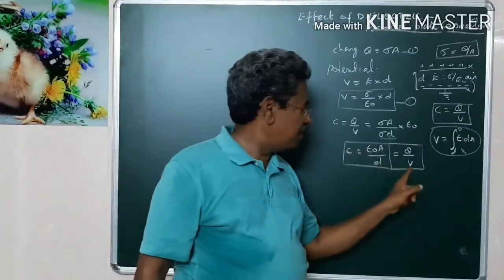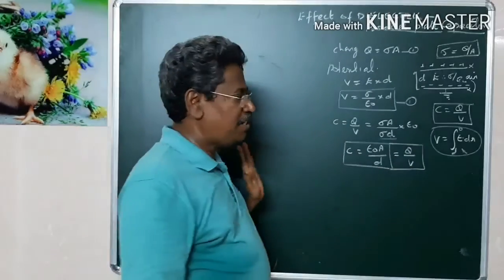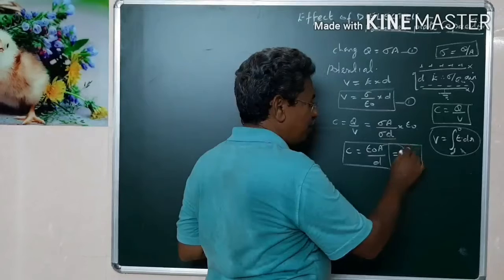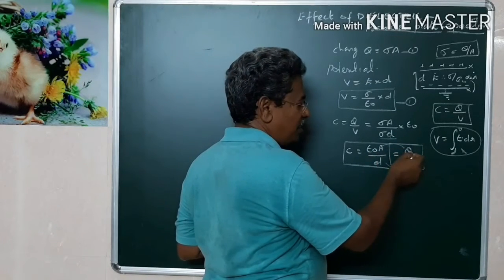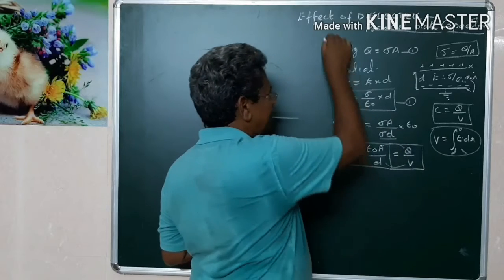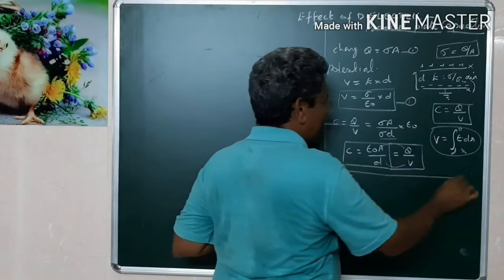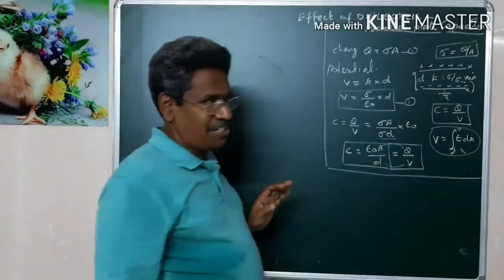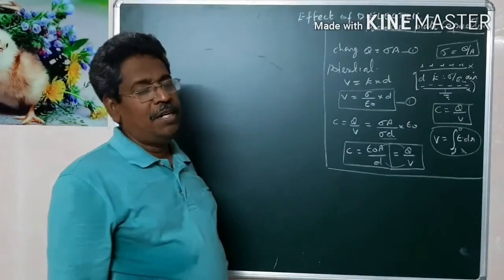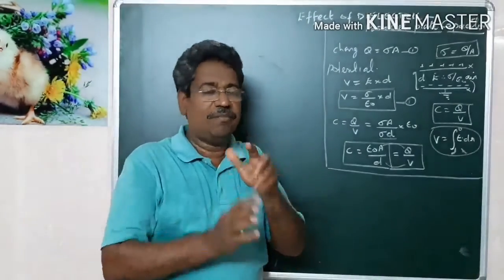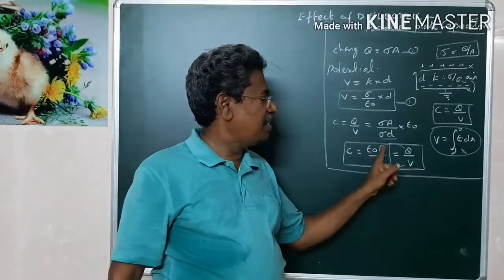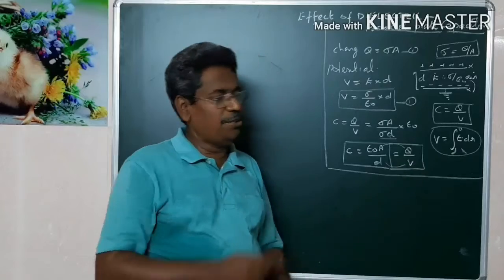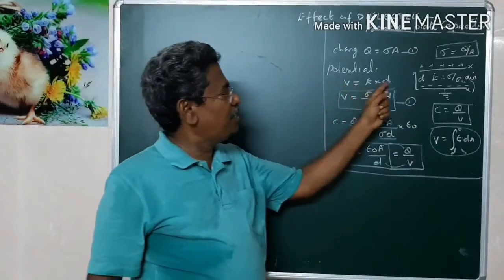If the potential increases, capacity will decrease. Therefore, what I say is A is related to Q and D is related to V. When A changes, Q changes, and D changes, V changes. Why I am using this interpretation, that we are going to discuss in the composite material, where we use this approach. So whenever you find A, it can be related to Q and the D can be related to V, because we know that V is equal to E into D.